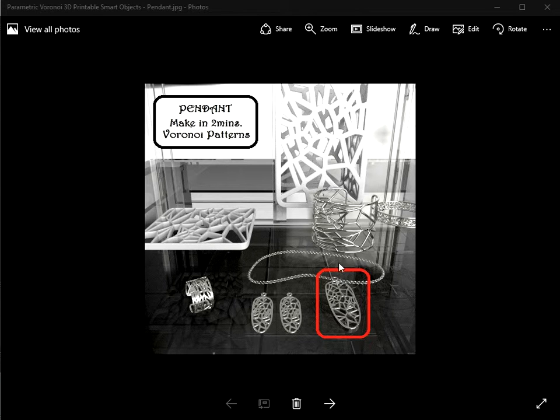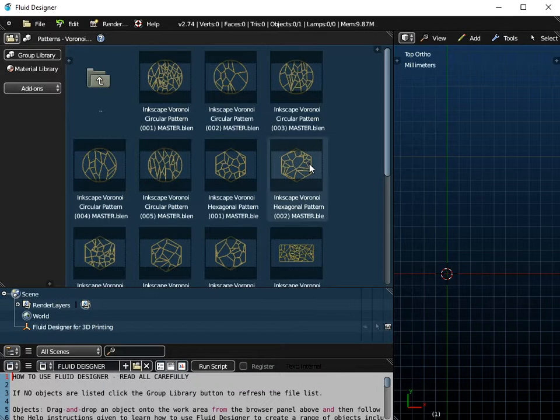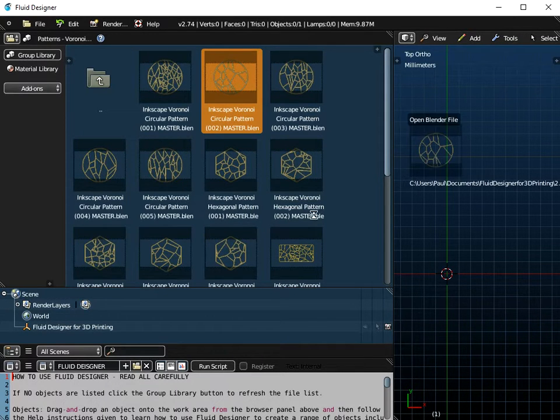Hello there. In this video I'm going to show you how you can create this Voronoi pattern pendant in Fluid Designer for 3D printing using our Voronoi patterns. So I'm going to use this Inkscape Voronoi circular pattern 002, and if I just drag and drop that onto